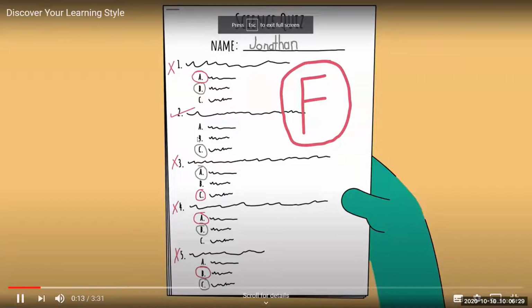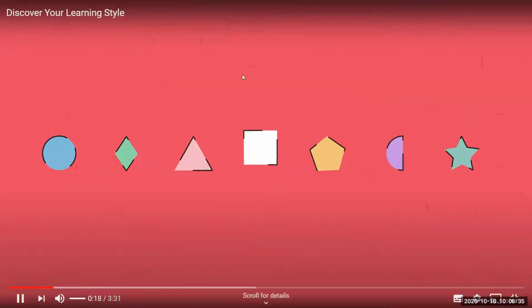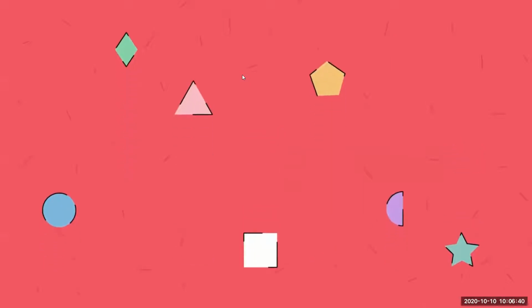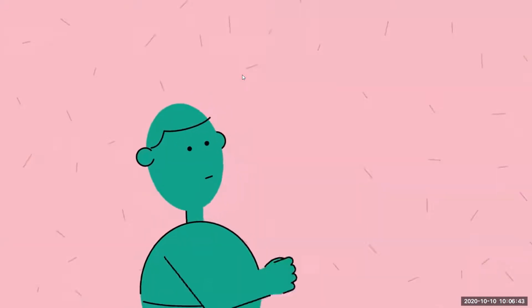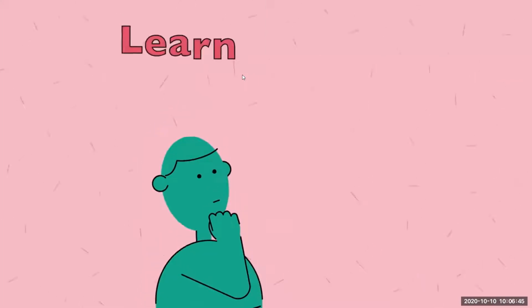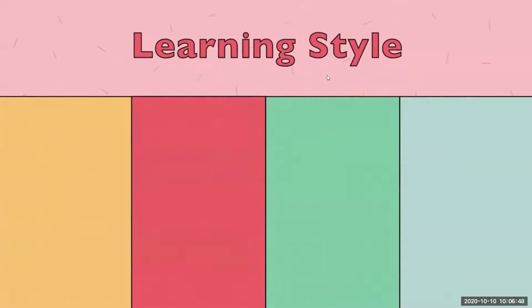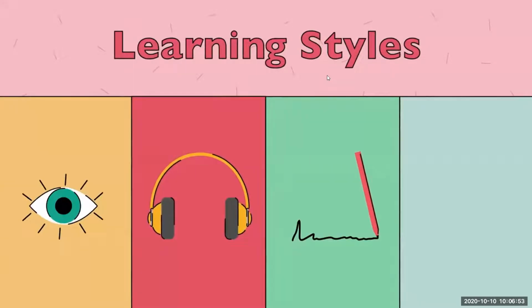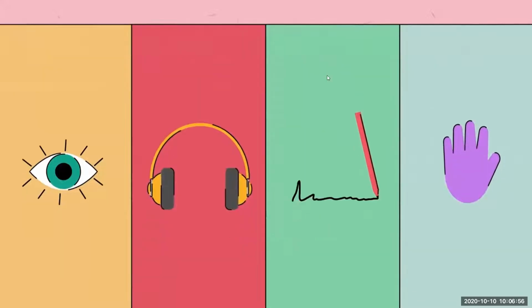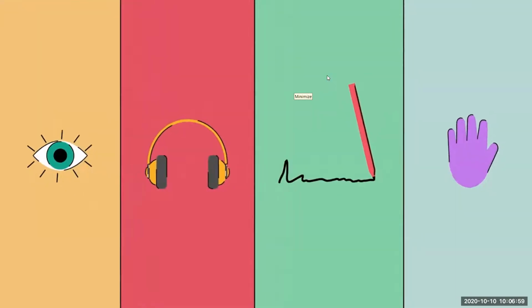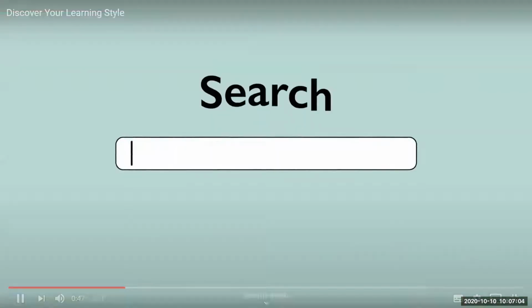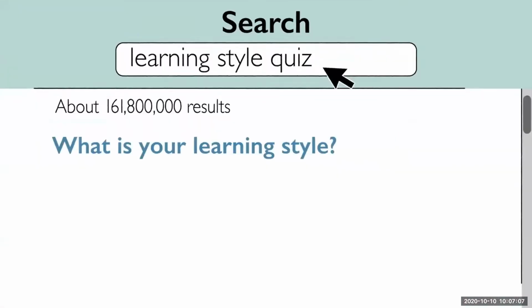Here's Jonathan studying for a test, and studying, and studying. And here he is getting his test results. All that studying, and he still got an F. Why? The thing is, there's no one right way to study. Some methods might work great for one person and not at all for others. Everybody learns differently. In order to find a study method that's best for you, it's important to know your learning style. The 4 most popular learning styles are visual, auditory, reading/writing, and kinesthetic, or hands-on. For most people, one of these methods will work best, but it's also possible for a combination of different styles to be effective. To discover your learning style, you can complete an online assessment.